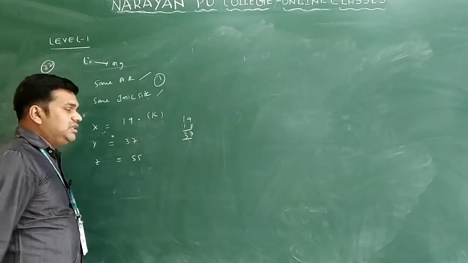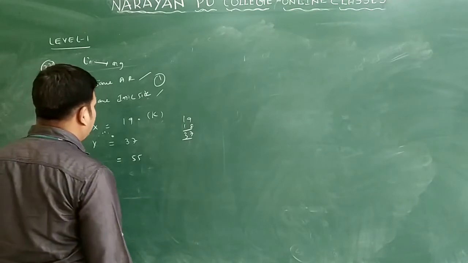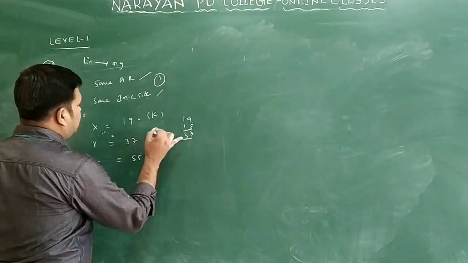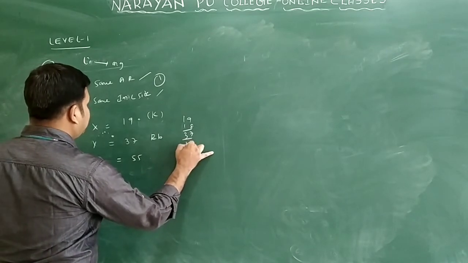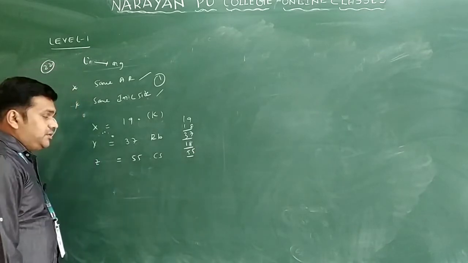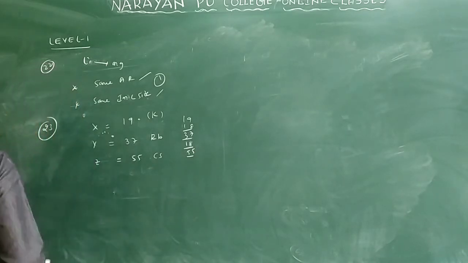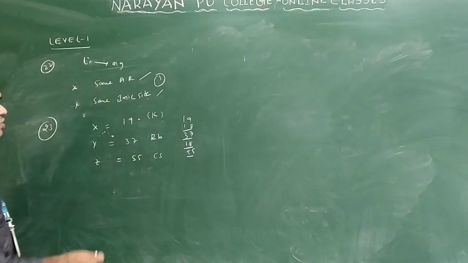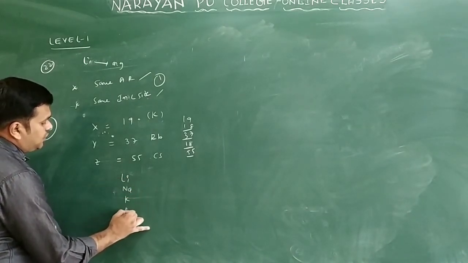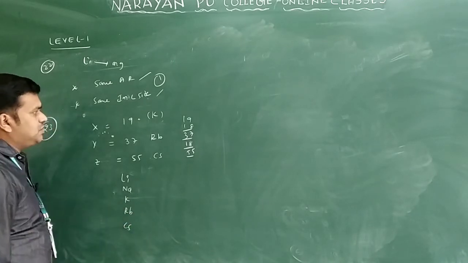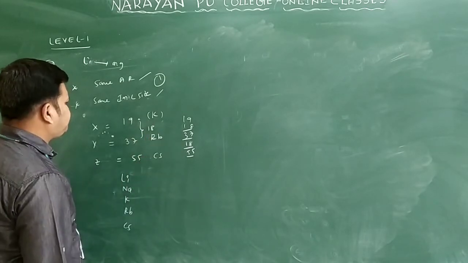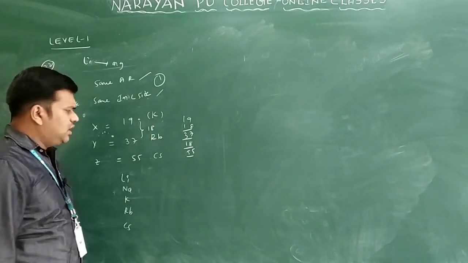So the next element in this group differs by 18 in atomic number. Sodium is there, potassium, and after potassium, rubidium. So 37 plus 18, you will get 55, which is cesium, after rubidium. The elements are lithium, sodium, potassium, rubidium and cesium. So what is the difference here? The difference is 18 only, and here also the difference is 18.